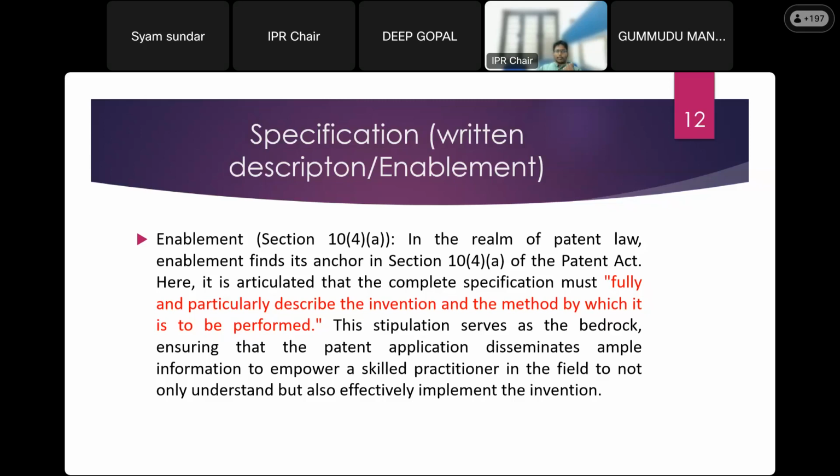Something like, I give something and the government will give something back. What you give is the complete disclosure of the invention. That means fully and particularly describe the invention and the method by which it is to be performed, how it has to be performed. That also you need to clearly mention. That requirement is called written description and enablement. So when you file a patent, whether it is provisional or complete, you need to write it out. By the time you file a complete specification, you need to write very clearly about your invention, what the steps are that are needed